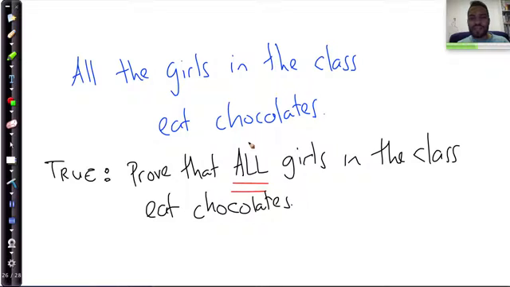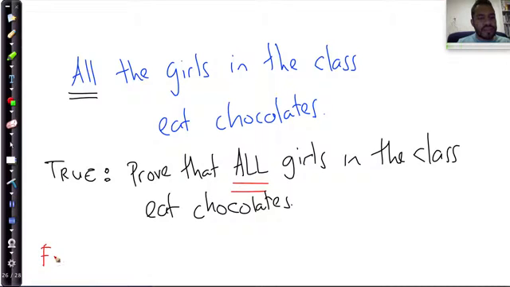Why is that particularly the case? Because I made the statement that all the girls eat chocolates. So you need to show me somehow or the other that every single girl in the class eats chocolates. Well, I would suggest giving each one a piece and then seeing if they eat it. If they eat it, everybody eats it. Anyway, I digress. If the statement was false,